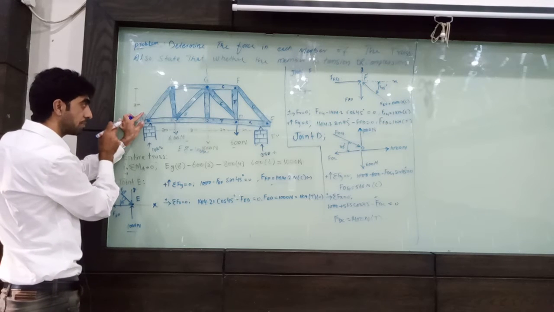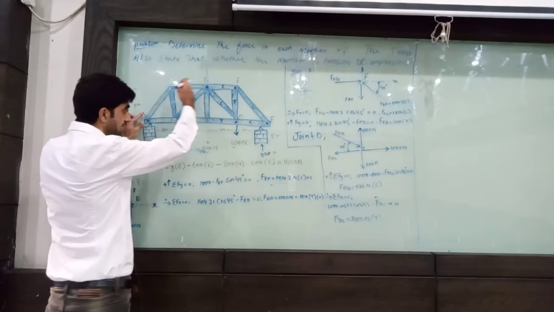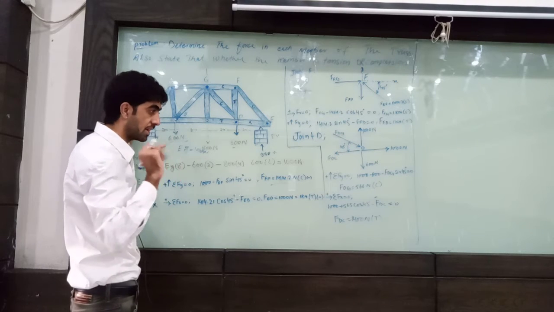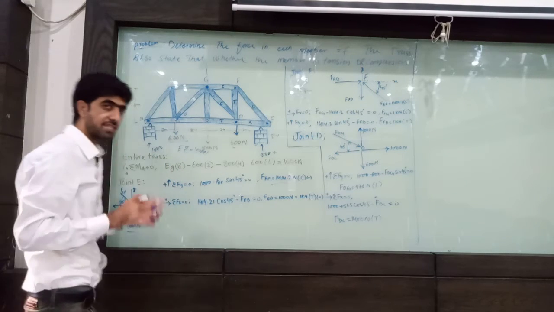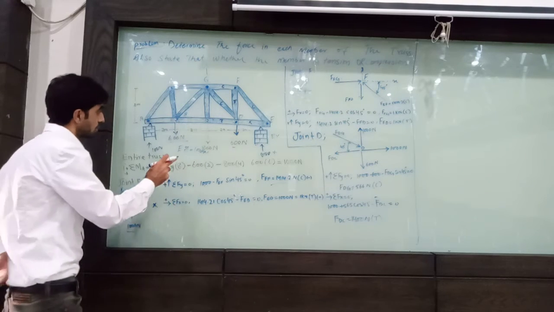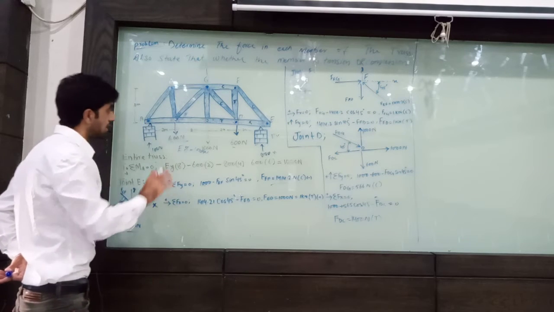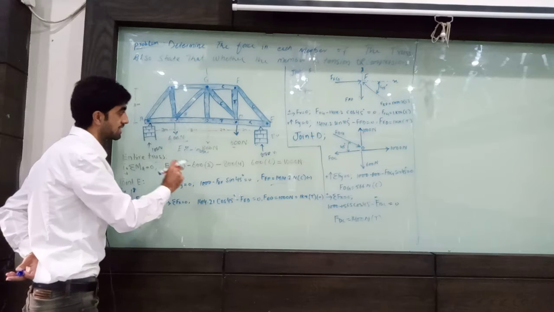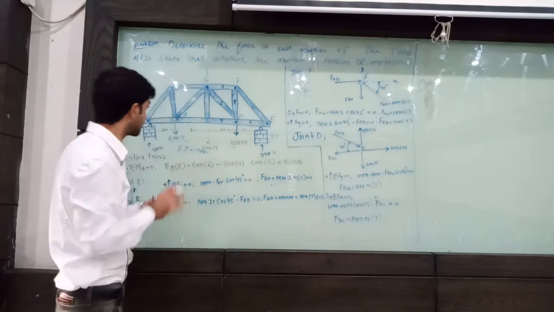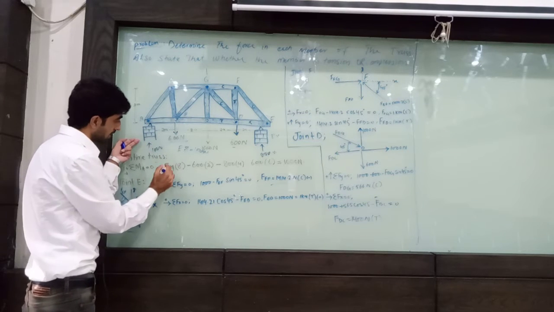This member you should remember. Clockwise and anti-clockwise rotation should be remembered. This is the basic notation for the solution of trusses. So first of all, you remember clockwise, anti-clockwise rotation, the distance, the reaction. All these things you should remember during this solution. Okay. So first of all, we find